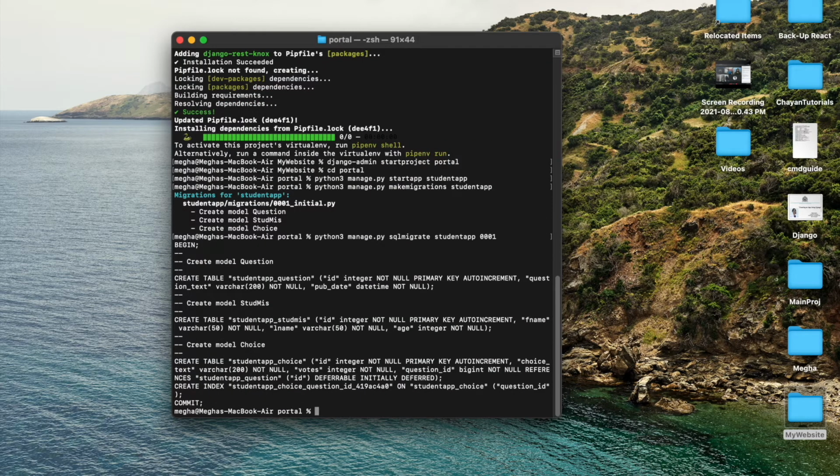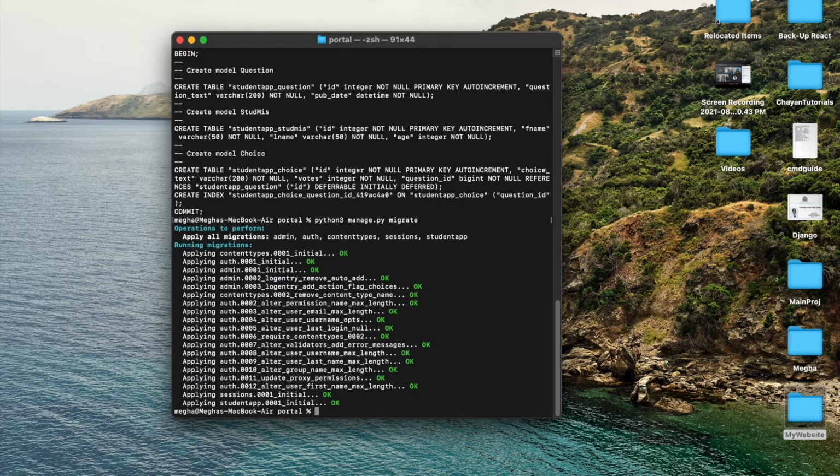I'll show you where it's got created. So it shows you a database kind of a thing on your screen. Once all that is done, then you say python3 manage.py migrate. That means all the changes that you're doing, you're letting them take effect.